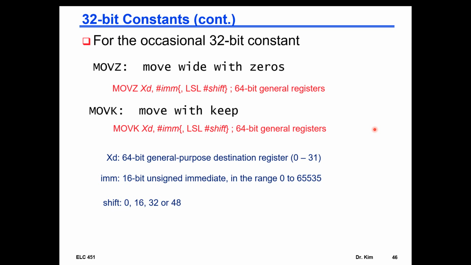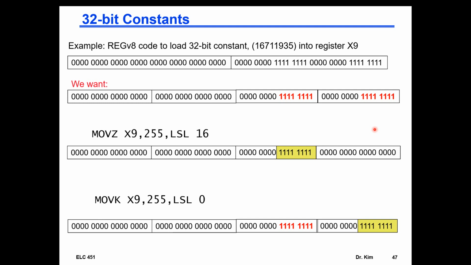So these are specific instructions in the ISA that the architects realized were useful. So they are putting this in the ISA, and I want to demonstrate how to use that to capture 32-bit constants. So let's say that we want